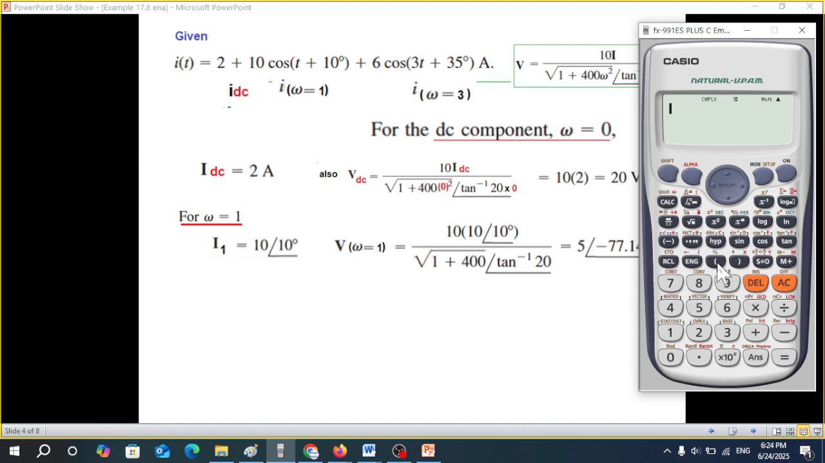Now, let me go to the top, and we can just multiply these two. So we write 100, shift angle 10, coming to denominator, bracket, underscore 1, under root 1 plus 400,